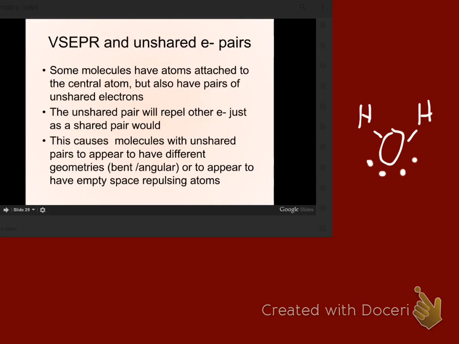There are 2 things attached, but there are also 2 unshared pairs that we have to account for. What if we have, let's get some of those other models. What would happen if we added an unshared pair here? Would it just sort of hang out on top? Would it change the way these are structured? Yeah. And what that ends up looking like,